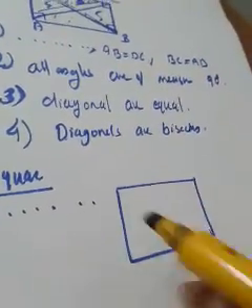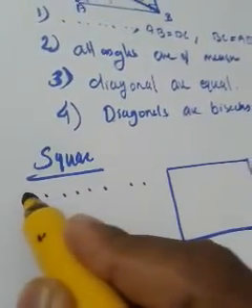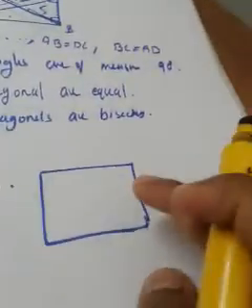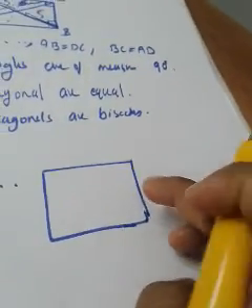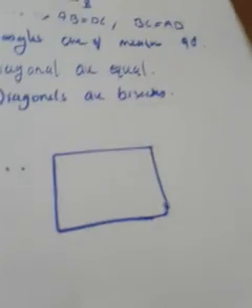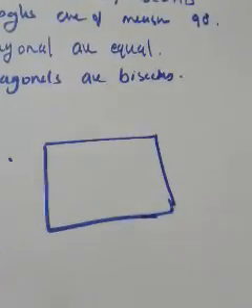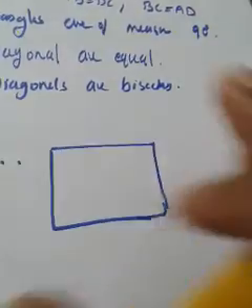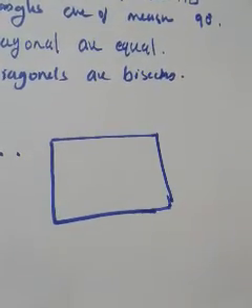That means a square is also a rectangle. So you can write the definition as, square is a rectangle with all sides equal. Full stop. Okay. Now you just hear my words. Please lend your ears to my words. See. What do you mean by square? Square is a rectangle with all sides equal. That means a square is a rectangle, but all the sides should be equal. That is what a square is.